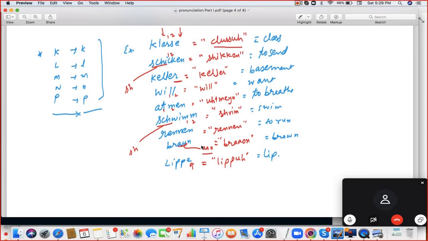Shrimp. Next is rennen. Brown. Lippe. Lipper.